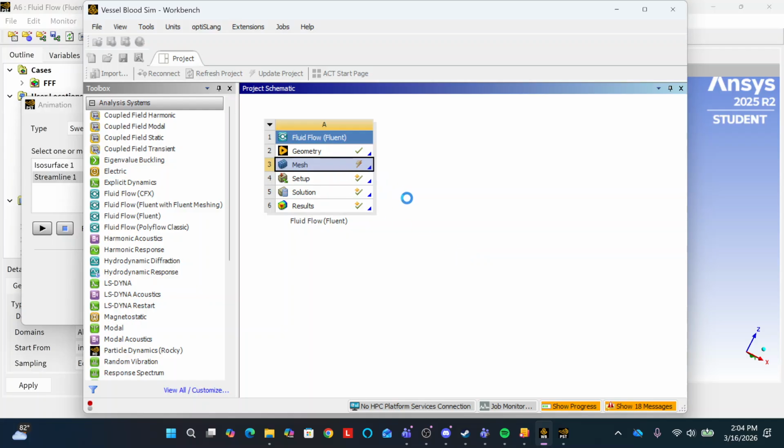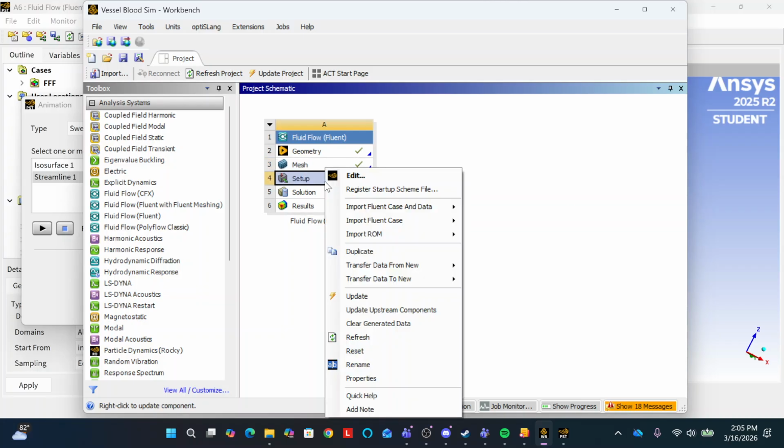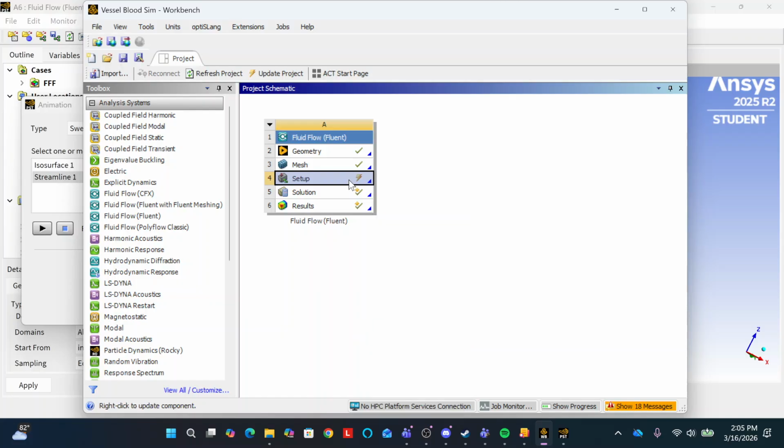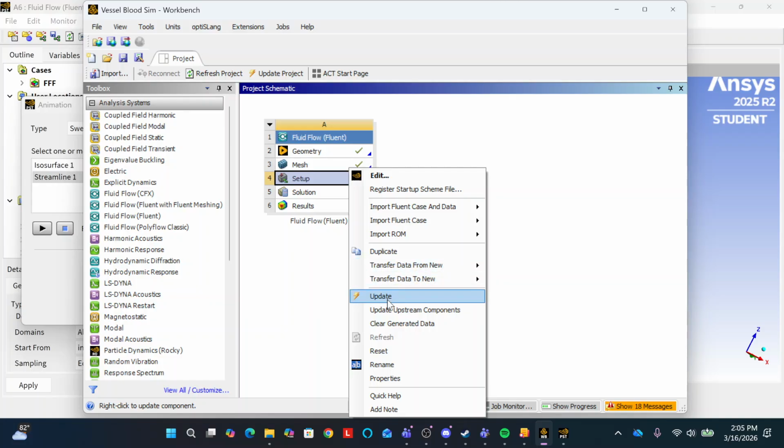It takes a little while to update, and then we're going to go to setup, and after we get that, we can see more of what we have. In setup, we're setting up the material. So what are we using? Are we using air? Are we using blood? What type of material are we using? Which is really interesting. So if we refresh that and we update this,